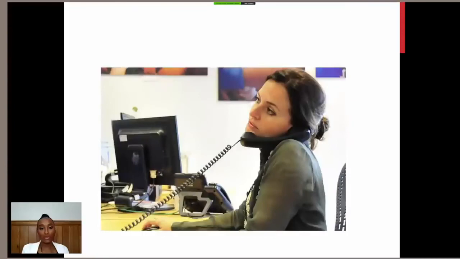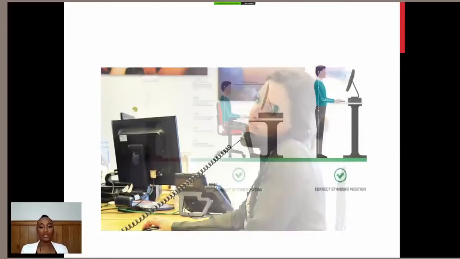So these are just some very bad examples of workplace ergonomics. So you can see this person here, they're quite rounded, their elbows and hands are quite far in front of them if they're going to be doing that for a period of time. Their neck is poking forwards and that screen probably isn't at the best position there. So another example, if you're on the phone and you end up being on the phone for a long time, this can lead to neck pain potentially because you're leaning and stretching one side too much and then you're compressing the other side. So that's not the best position. You want to be having a headset so that your head can be in a neutral position.